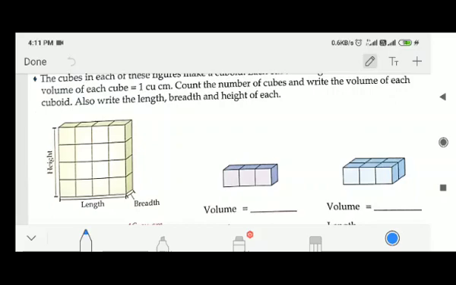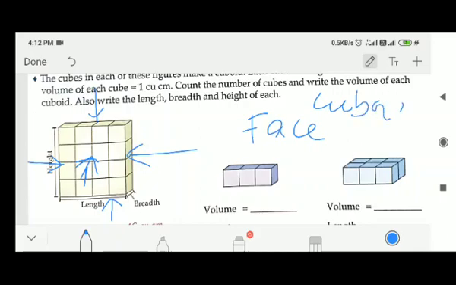See this figure. This is the front face. Similarly, at the back another face is there. This is the side face, and similarly here another side face is there. One is the forward surface, another is the backward surface. One is the left surface, another is the right surface. From the down one surface and from the up another surface. So these are the total faces of a cuboid. This is a figure of a cuboid.